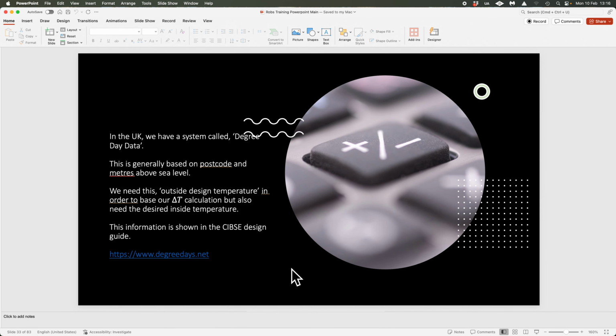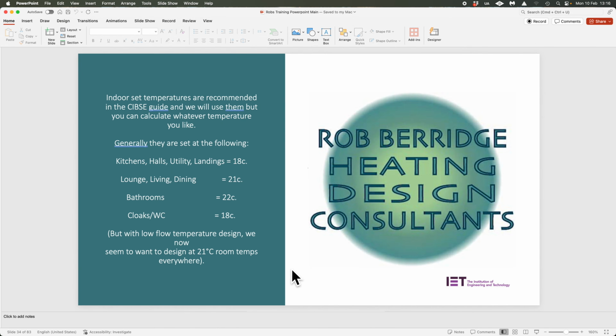And France I think is about 1.5 or 2. Belgium, I think, is about as bad as we are. That's about 2.5 or something like that. But they've also got very old building stock. So it's really, really important to understand what you're designing to, and degree day data helps you. We also need to understand